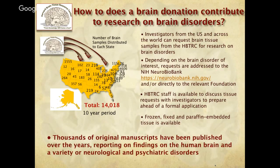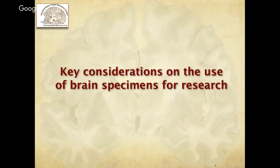Thousands of original manuscripts have been published over the years reporting on findings on the human brain in a variety of neurological and psychiatric disorders, made possible by the generosity of brain donors and their families. A few key considerations on the use of brain specimens for research, and something that we are actively working on to continue to improve,